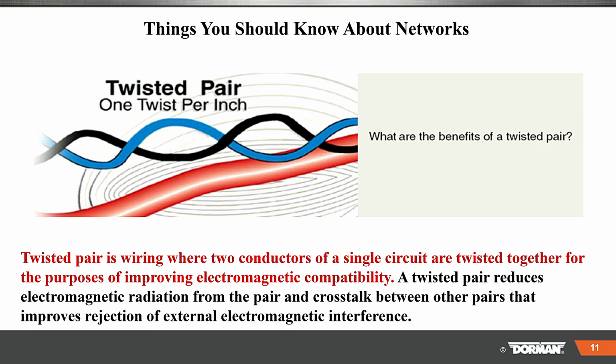Okay, twisted pair. This is important. I want you on slide 11. You see this one twist per inch. One twist per inch to keep out the electrical interference. Very, very important. So a twisted pair is wiring where two conductors of a signal circuit are twisted together for the purpose of improving electromagnetic compatibility. Twisted pair reduces electromagnetic radiation, radiation meaning noise, from the pair and crosstalk between other pairs,